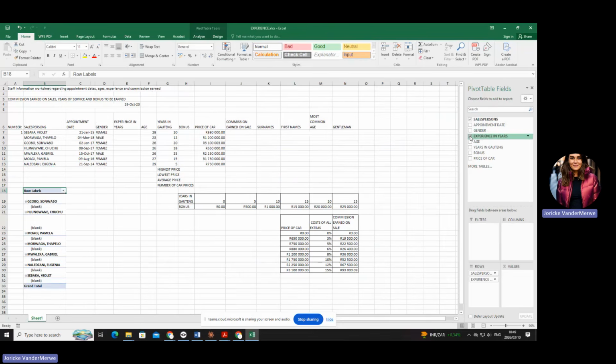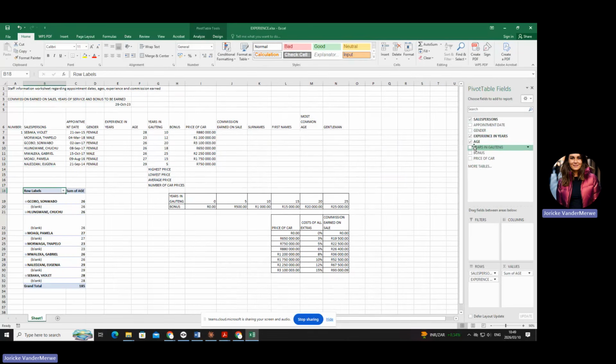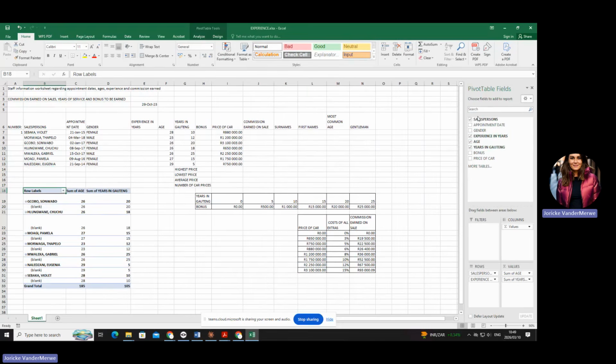Okay, it's like selecting your filters on property 24. What is the next one you're going to select? Age, which is the next one. And then the last one is going to be years in Gauteng. Am I selecting anything else? No. Can you see that you have now gotten a little table here on the left-hand side? Okay.